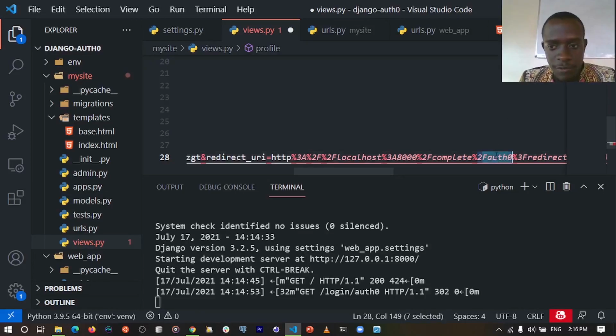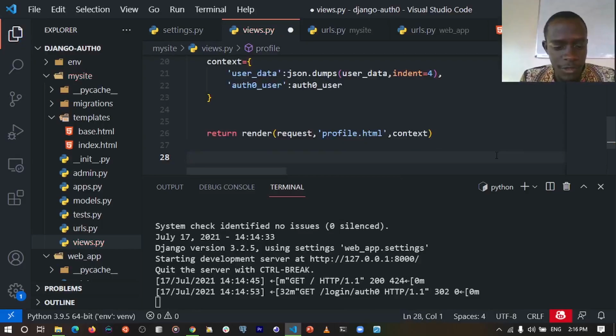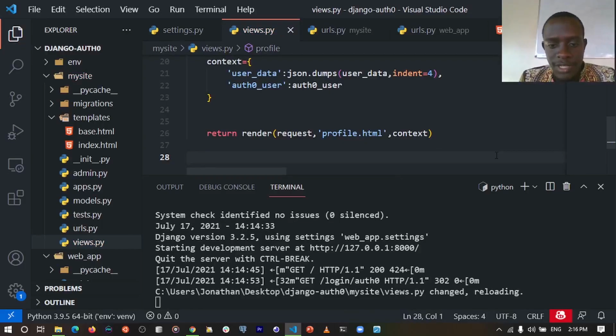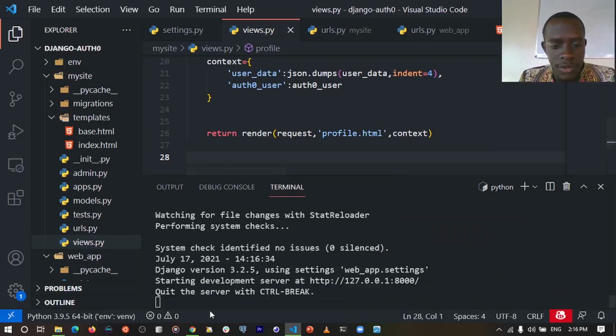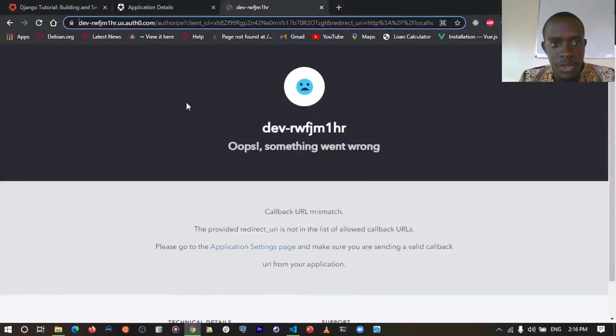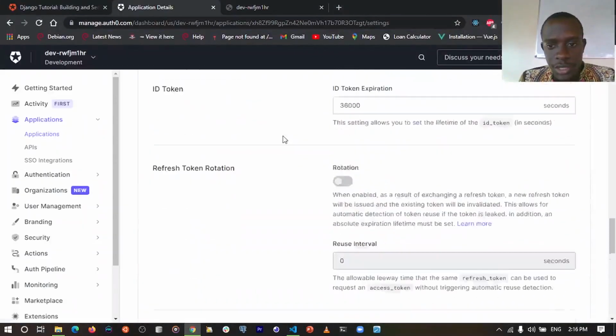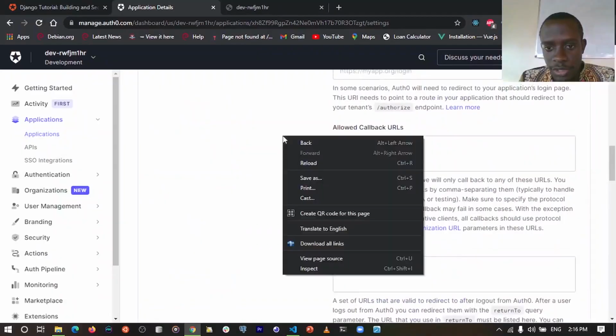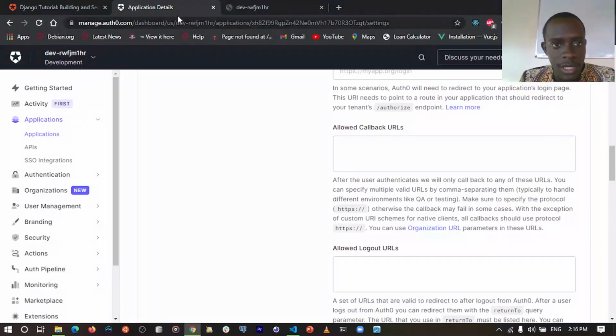So I'm going to first remove this, and save. Our server is going to restart. And when I go back to our browser, I am going to go to our application details. Within our application details, I'll go to allowed callback URLs. Sorry for this. I'm going to remove this. When I go back to our allowed callback URLs, I'm going to just set